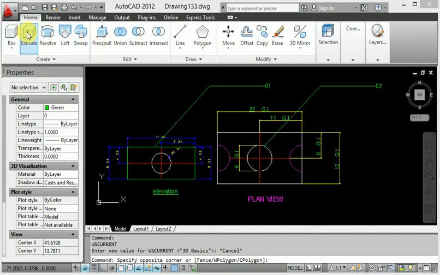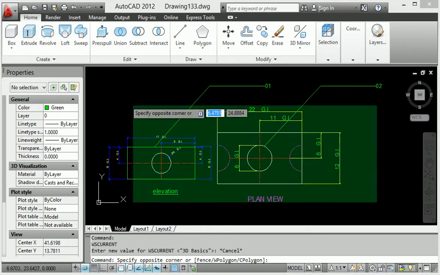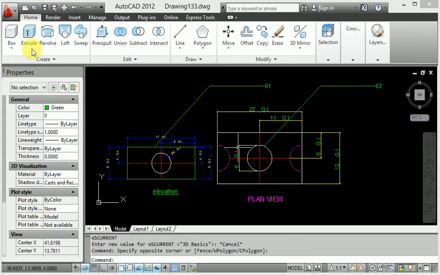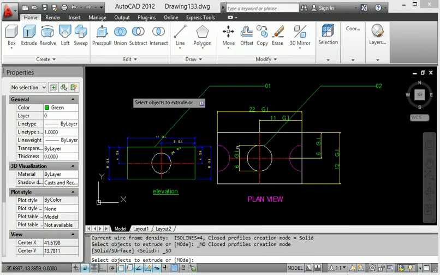Everything is available. When I select extrude, it is used for the extrude command. So here I click extrude, and now this is extrude right now.